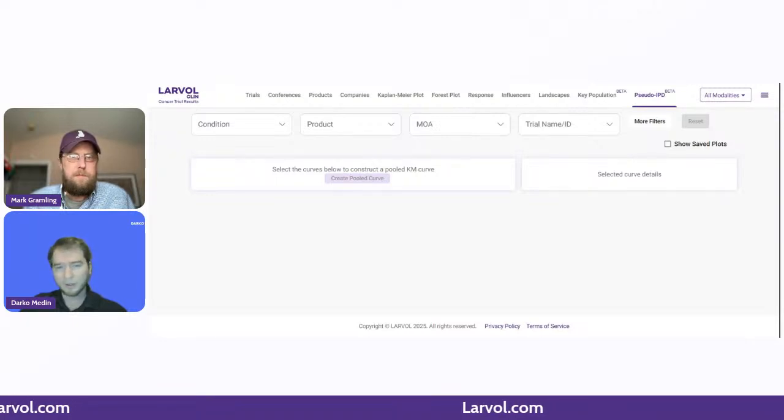You can see that it's a button to the right. Whoever visits the CLIN LARVOL website will see a new module, Pseudo-IPD, which is now in beta version. It's functional at the moment, but we are still improving it as time goes by.